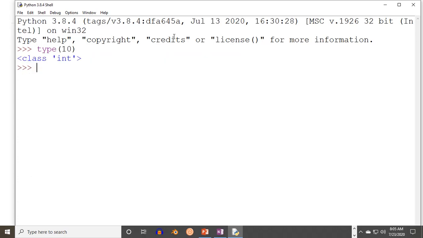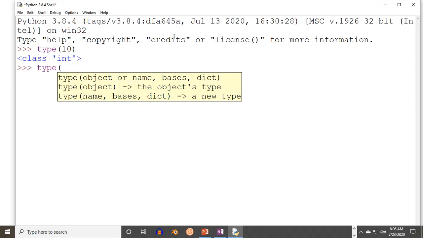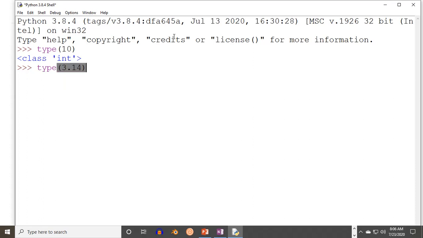It shows class int. For the time being, don't worry what is class, why class is there. For the time being, just confirm that it is a group or it is a type of integer. So type 3.14, then it is floating type. Class means, for the time being, just confirm that it is a group of type. If you provide 3.514, it is giving float, or instead of 3.14, if you provide 7.9, again it will provide the answer as float.